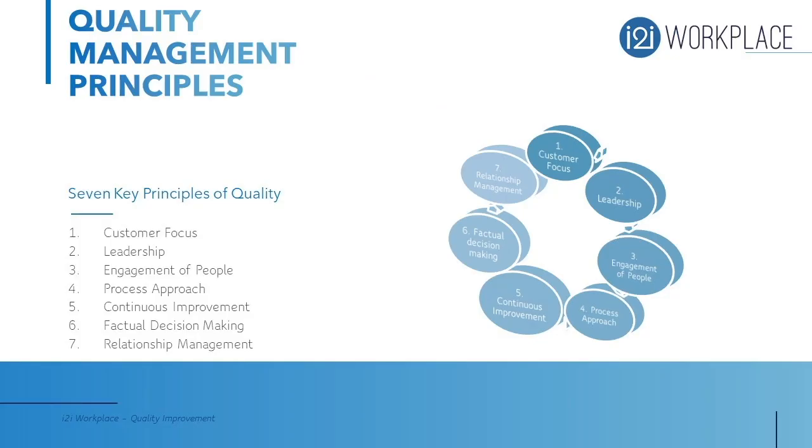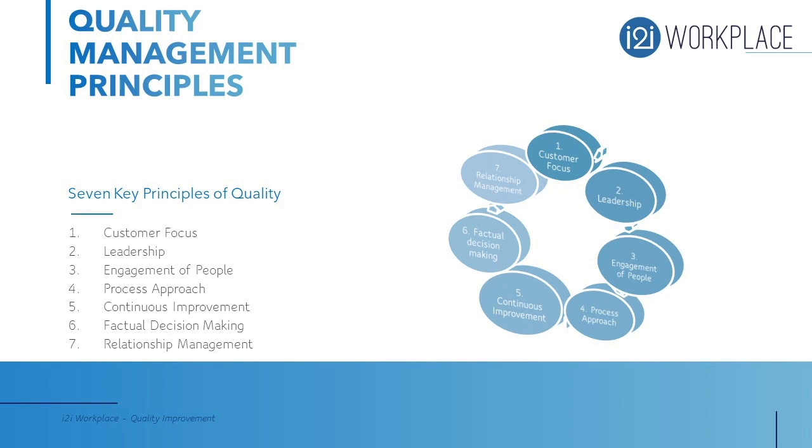So there are a lot of similarities and differences in terms of the various quality management programs, but there are 7 key principles of quality that are worthy of discussing because they have applicability in everyone's position. The first one is customer focus. So this would be internal customers and external customers, focusing on what their expectations are and how to exceed those expectations. The second principle is leadership, ensuring that managers, supervisors, and team leaders, and basically everyone in the organization, demonstrates